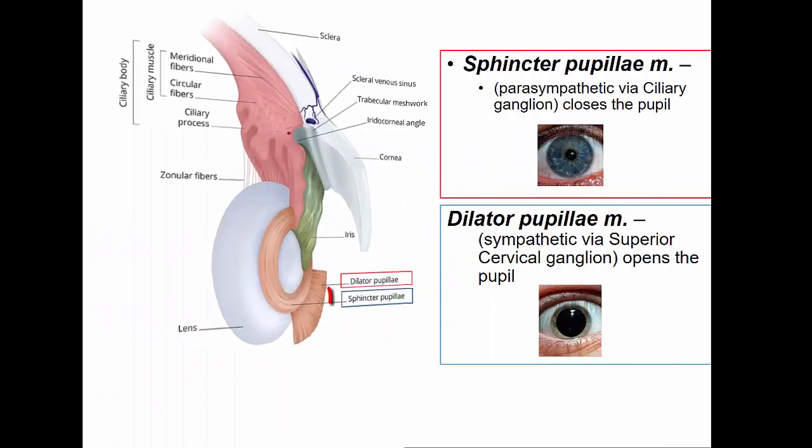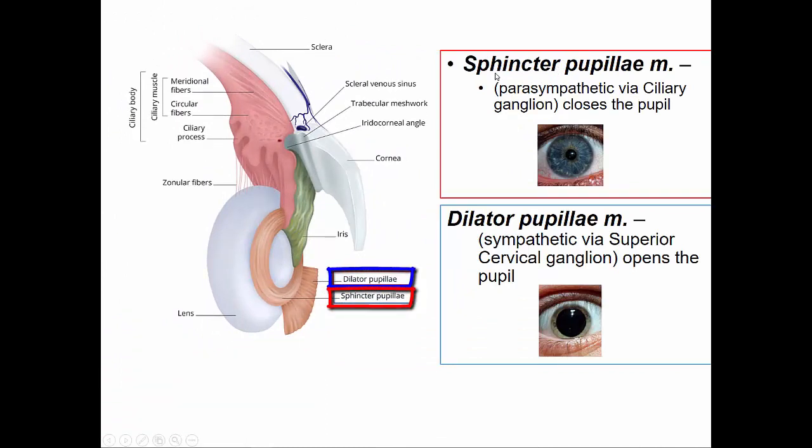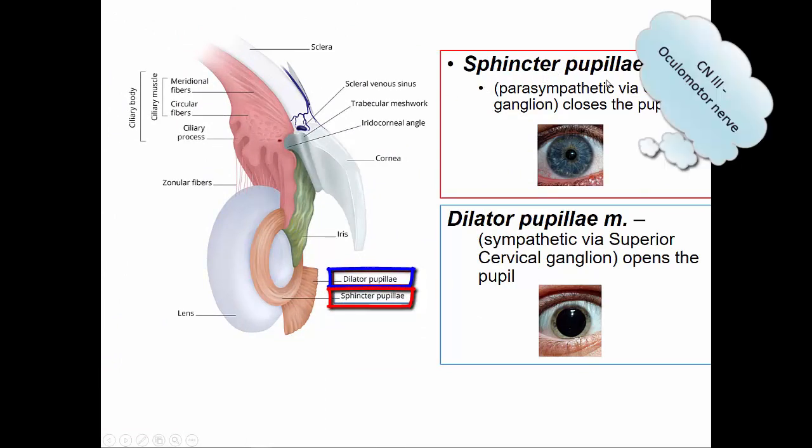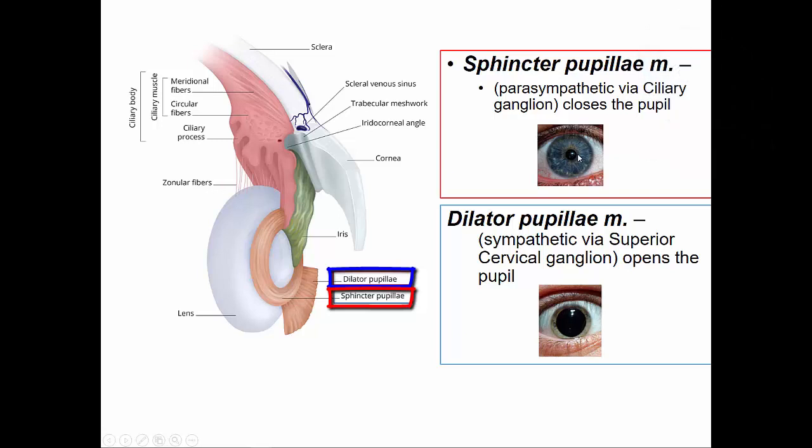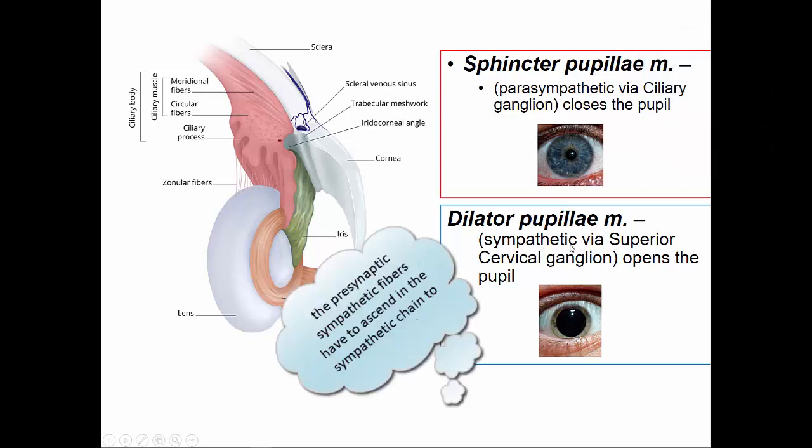So if we put this all together, the sphincter pupillae will be innervated by parasympathetics via the ciliary ganglion, and it leads to constriction or closing of the pupil to let less light in. And the dilator pupillae is innervated via the superior cervical ganglion with sympathetic fibers, which leads to wide opening of the